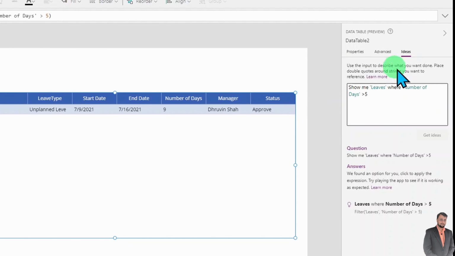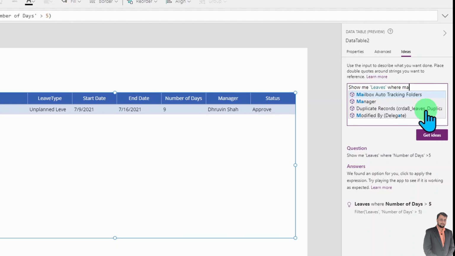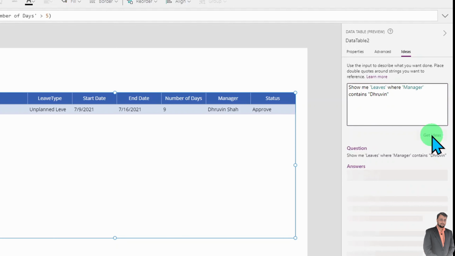Now let's say for example you wanted to ask a question like show me the leaves where manager name is Dhruvin or manager contains Dhruvin. So you can simply type something over here like show me the leaves where manager, and it is recommended that you select the column name from your IntelliSense, then contains, and if you wanted to provide a string value you need to provide double quotes and then provide the value and click on get ideas.